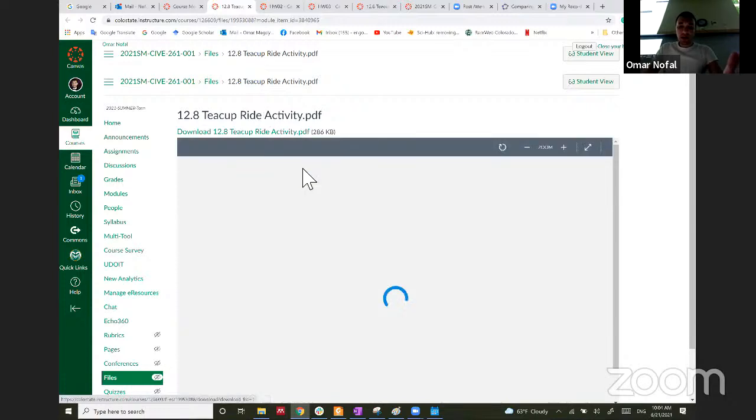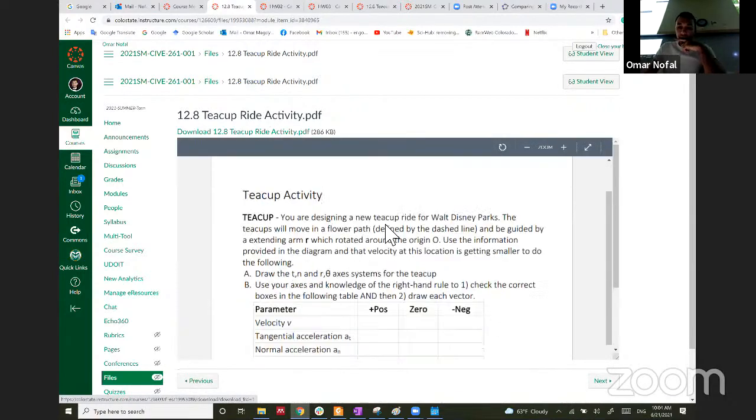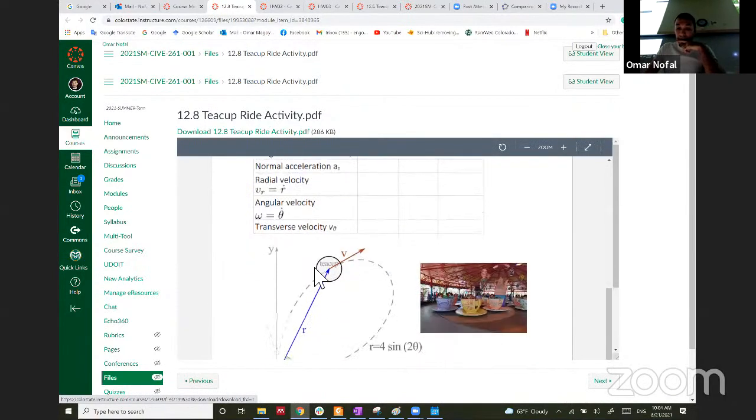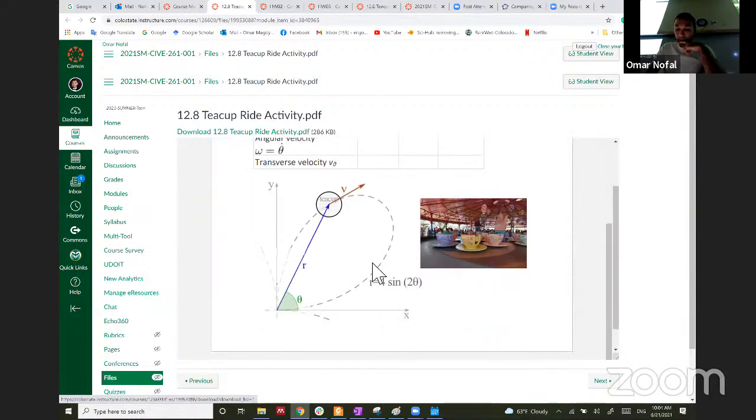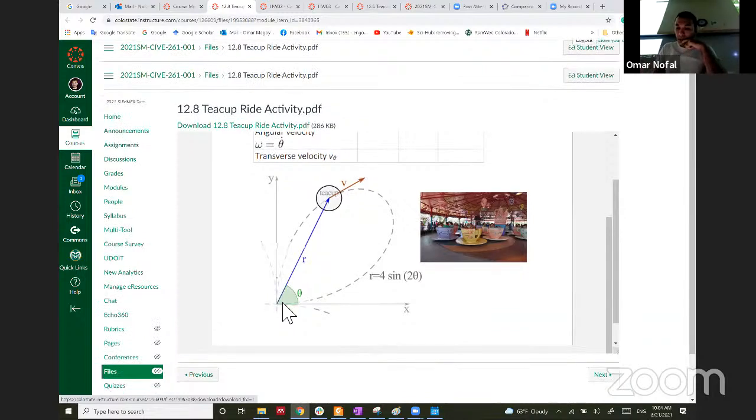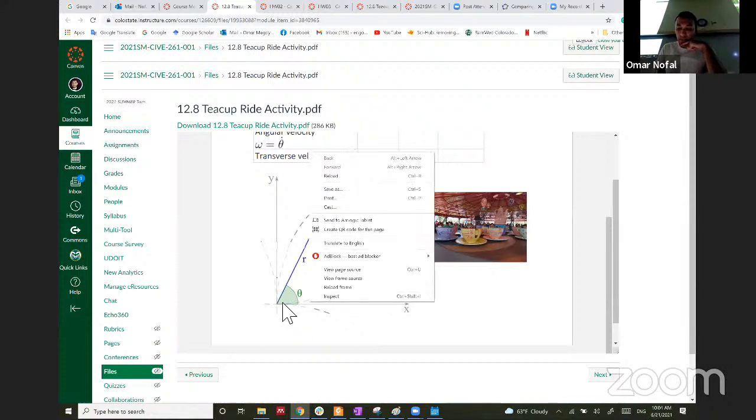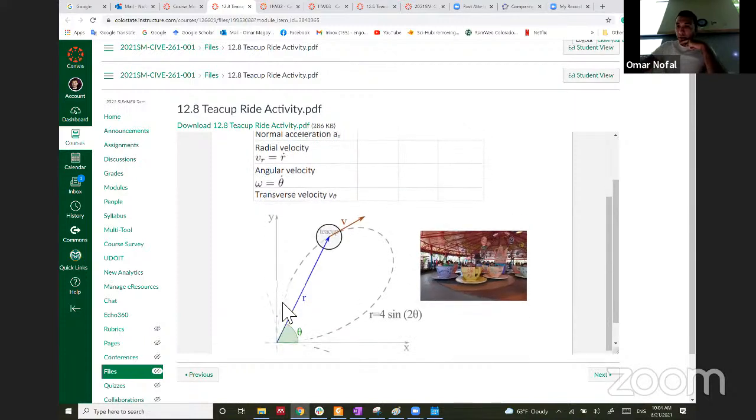This exercise shows you that there is a teacup. The teacup is moving on this path, starting from here. Imagine that you are playing with this teacup ride, and you are here, and this is the teacup. How about if we put it on the